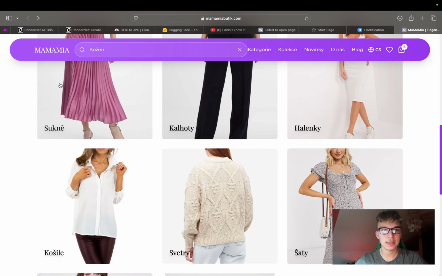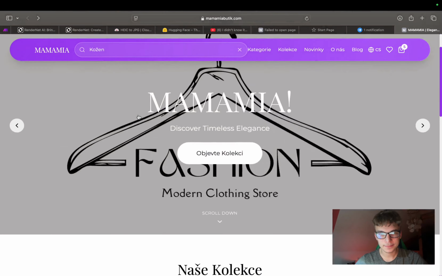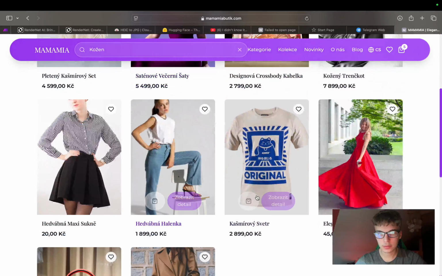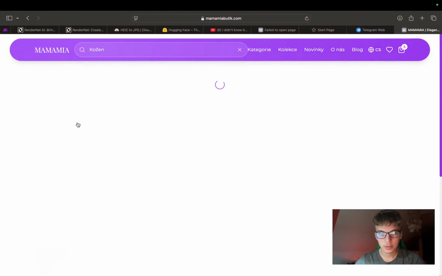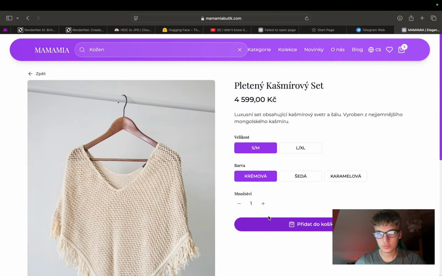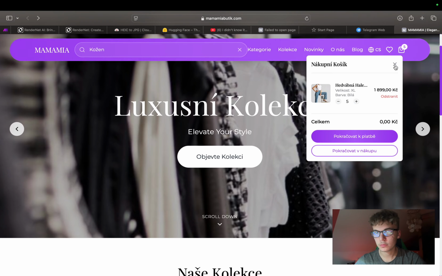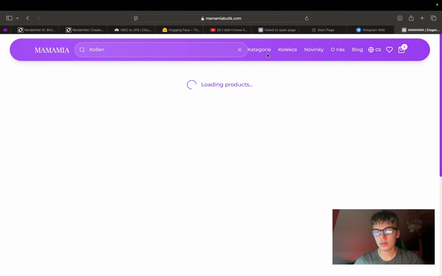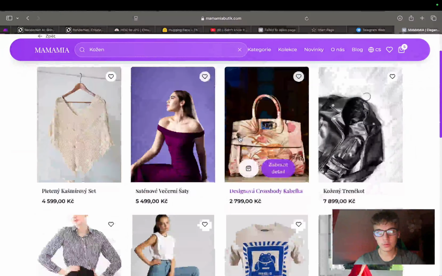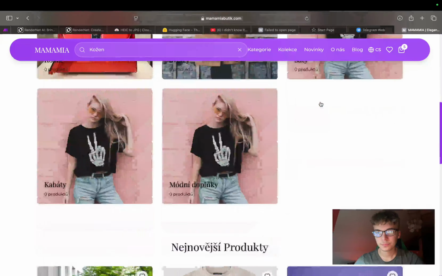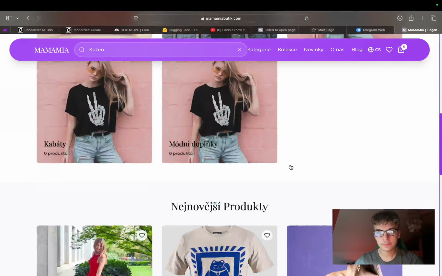This is like a 10k website. Pretty crazy. Here you can see the categories or all of the products. If you click on all of them, you can just choose all of that good stuff. You can see your, of course, shopping bag. You got other stuff. This is almost the same. I gotta fix it a little bit. Here we got the news, the new stuff,